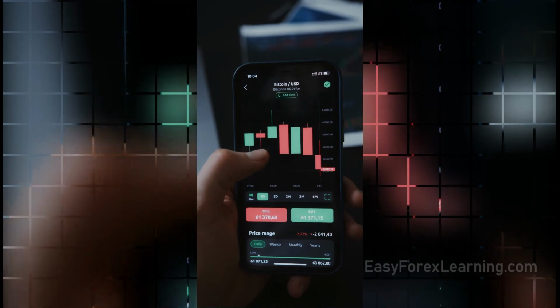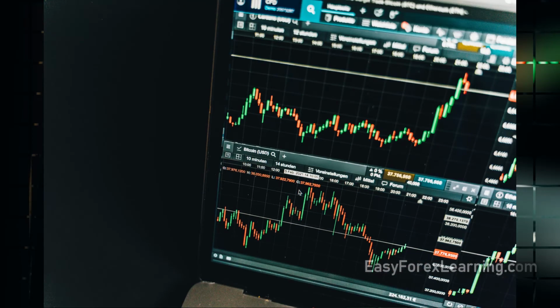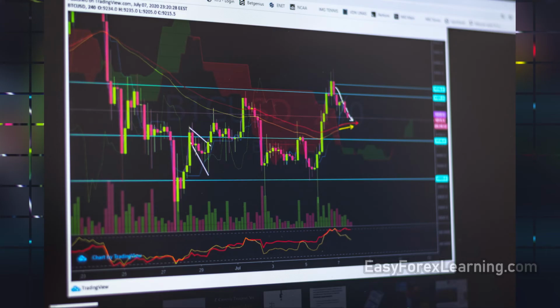Currency symbols always have 3 letters, where the first 2 letters identify the name of the country, and the third letter identifies the name of that country's currency, usually the first letter of the currency's name. These 3 letters are known as ISO 4217 currency codes. By